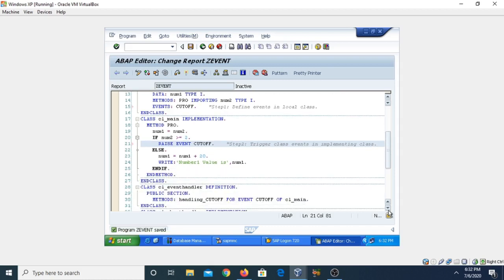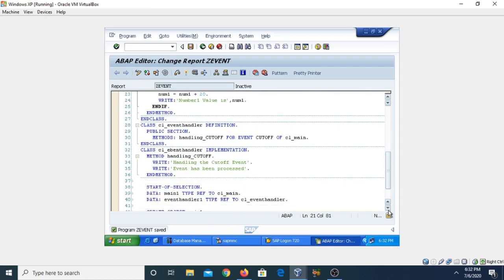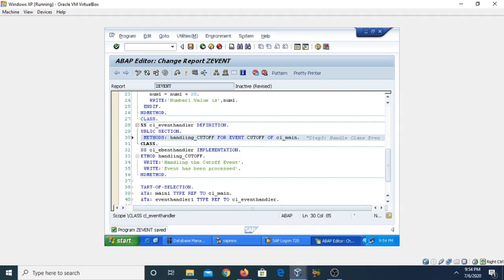Now come to the next one. This is the handling class, so here we are handling the events. In this step number 3, we will handle the class events.